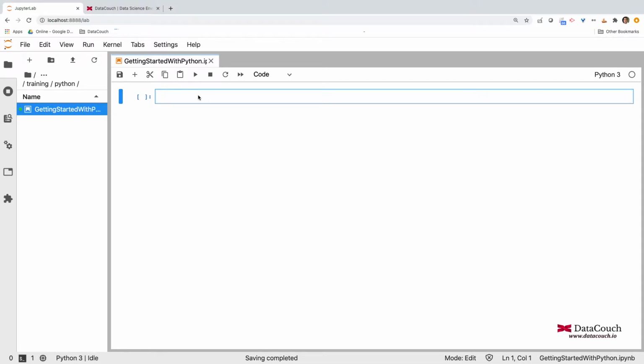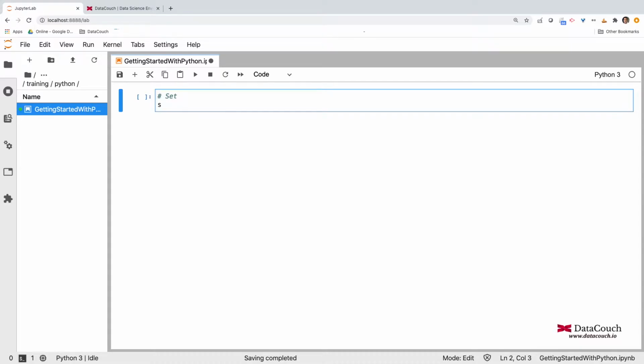So let's see how set actually works. When we have to define a set, we write any variable name, let's say set of customers, since we want to find out unique customers. What is special about a set, as we discussed, is that it is unordered and has unique values.